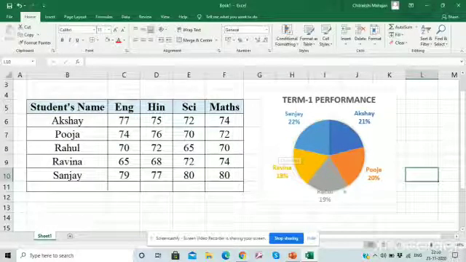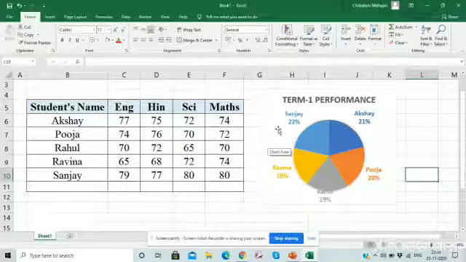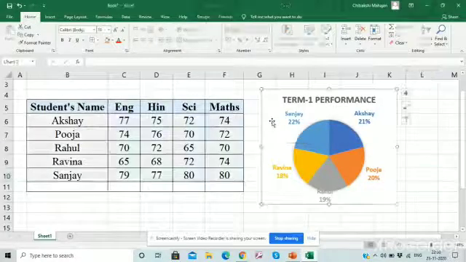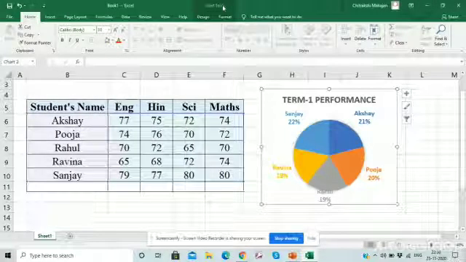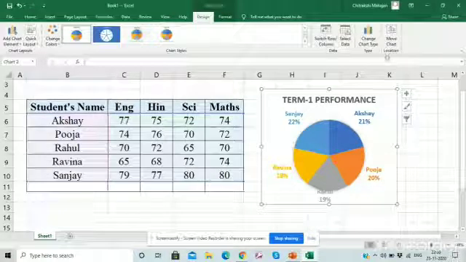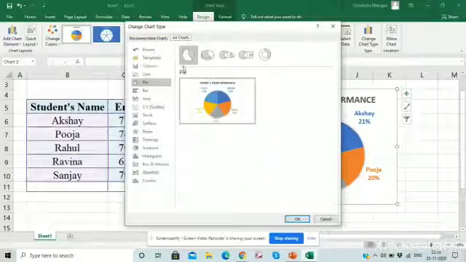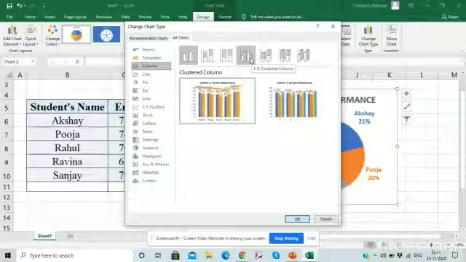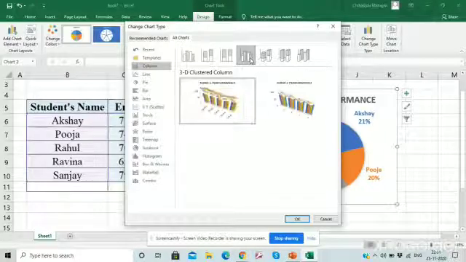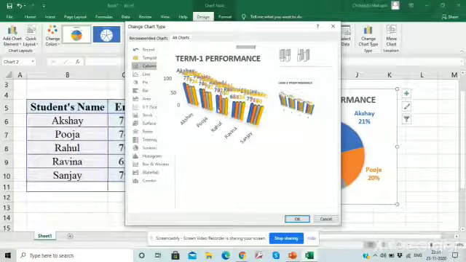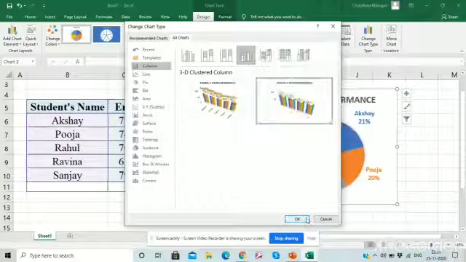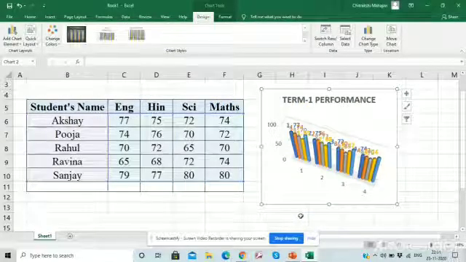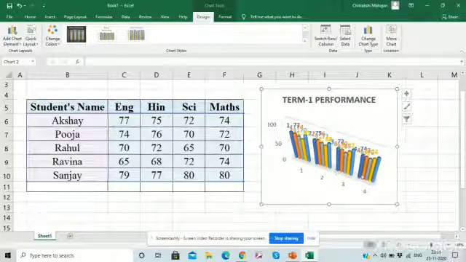If you don't understand the pie chart, how we are comparing the values in this, then you can change the style also through the chart tools. Whenever you create a chart, the chart tools will open here. You can go to the chart tools and you can change the chart type to the column chart so that it will be easy for you to understand. You can take this. Here are the values.